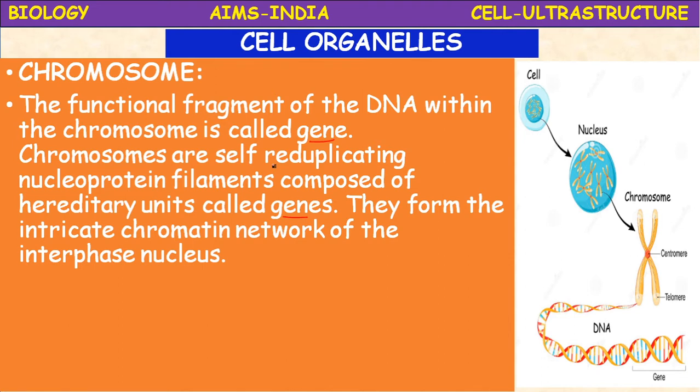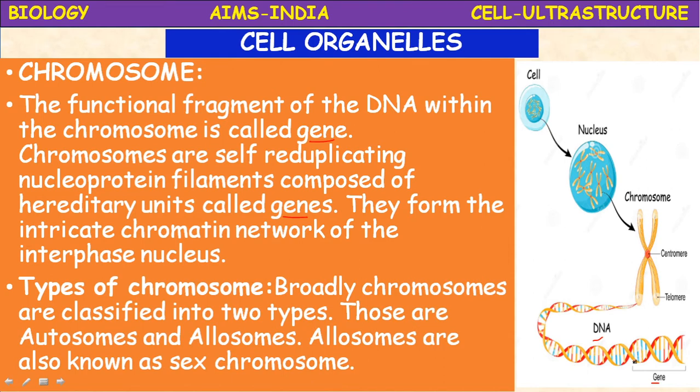So these are the first cell. In the cell, there is the nucleus. In the nucleus, these chromosomes are formed at the time of cell division. We can see these chromosomes clearly. A chromosome consists of a centromere and telomeres, the arms, and on the chromosome DNA is present. This DNA is called the gene. It is the functional unit, the hereditary unit of chromosomes, called genes.